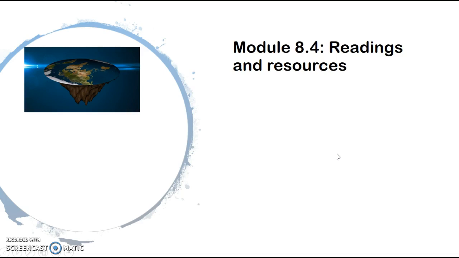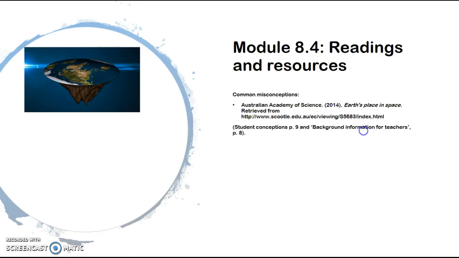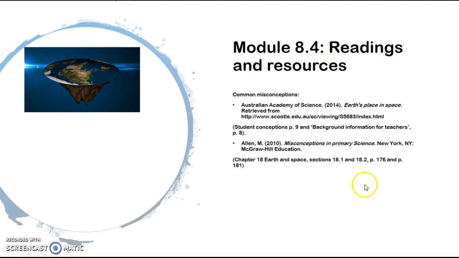Module 8.4 was the readings and resources for this module, all mainly working towards building up your knowledge and some common misconceptions. The first one was looking at the Primary Connections Earth, Place in Space, pages 8 and 9, which had some great background information for teachers and what some of the student conceptions might be. And then there was also the Allen resource, Misconceptions in Primary Science, Chapter 18, Earth and Space,